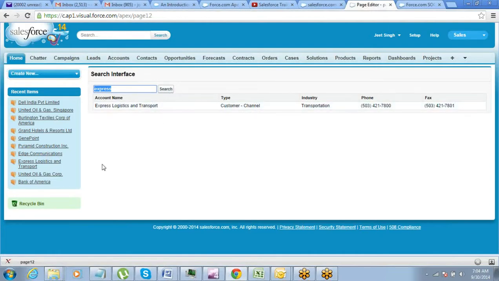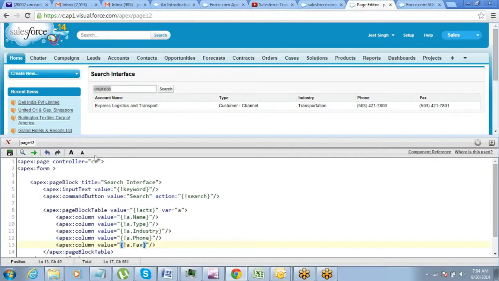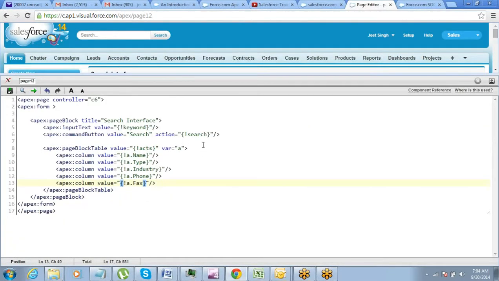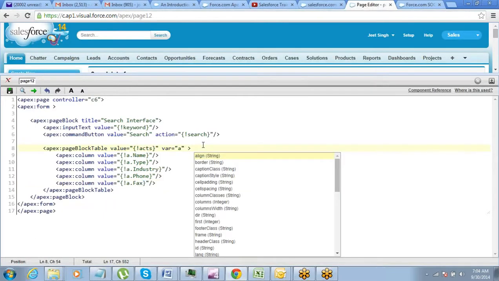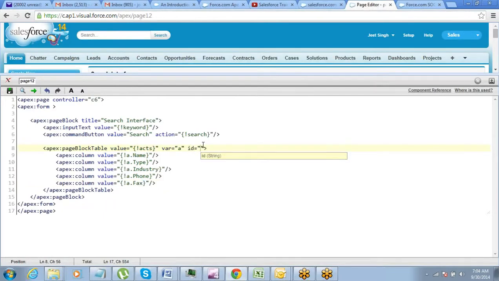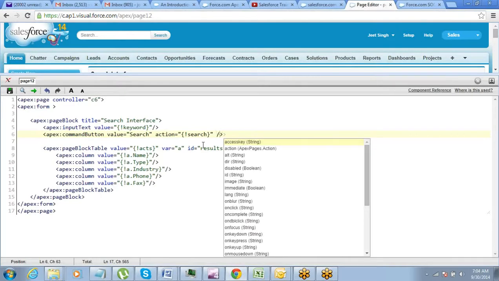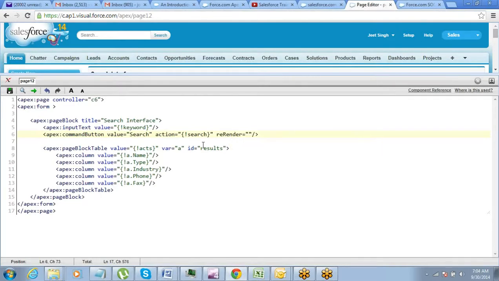Again, it's reloading the complete page. I don't want this thing to happen, so a simple thing. Re-render only the table. Click off this button. That's it.